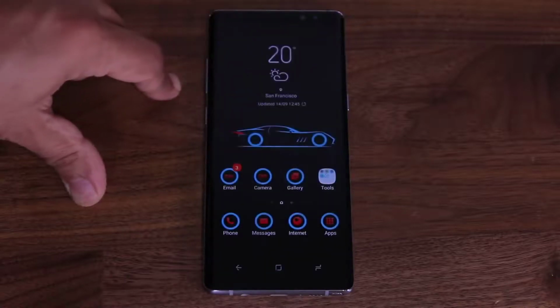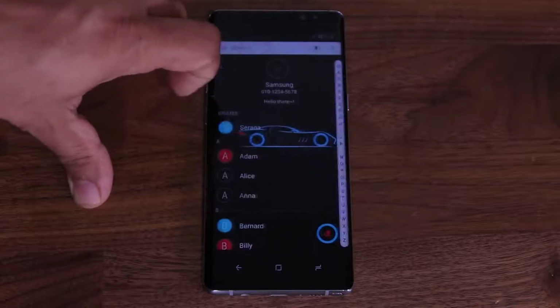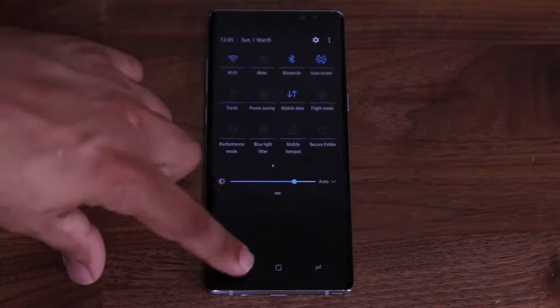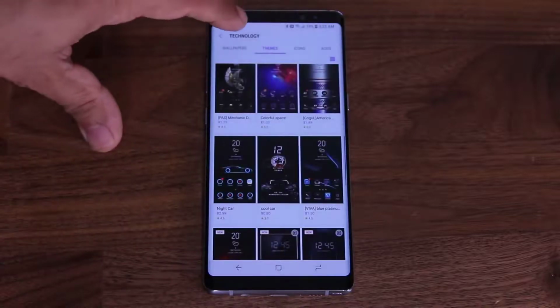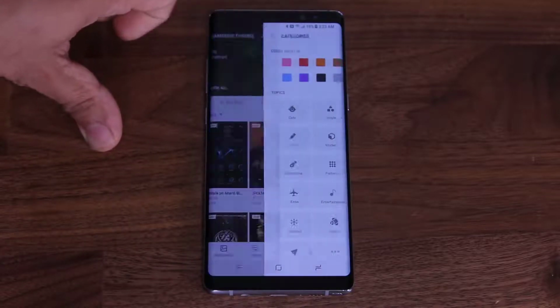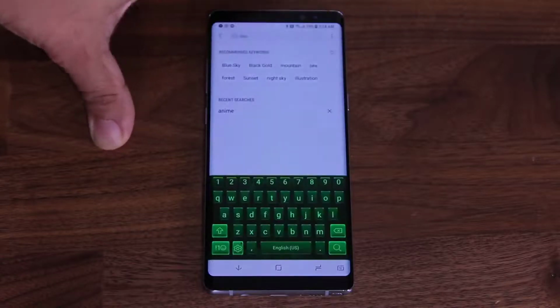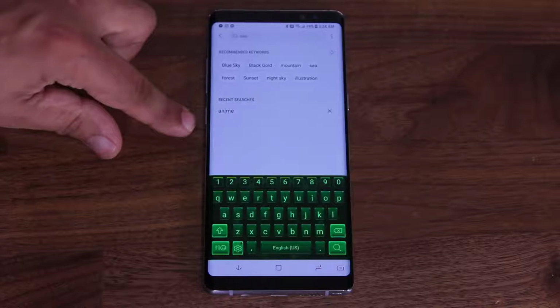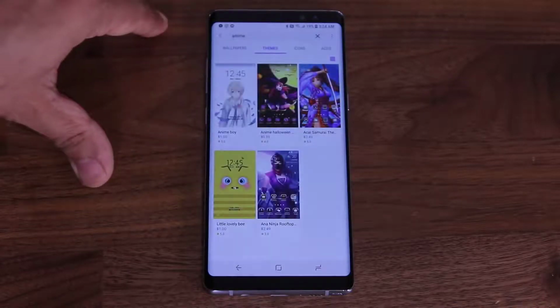Tap on that. Now that's a very nice, futuristic, and clean looking theme. Okay, let's see. It is paid, so you would have to download the trial to see if you like it. Alright, so that's one thing. You can search by category, and then you can also tap the search icon and just search whatever you want. You can search for anime, so if I search this guy, it's going to bring up anime related themes as